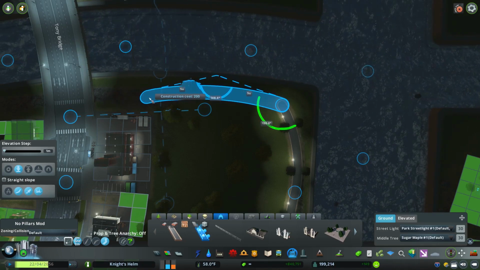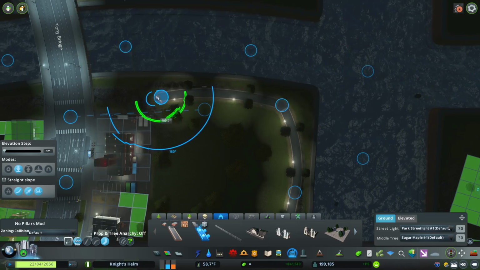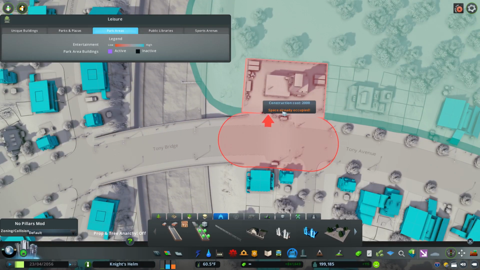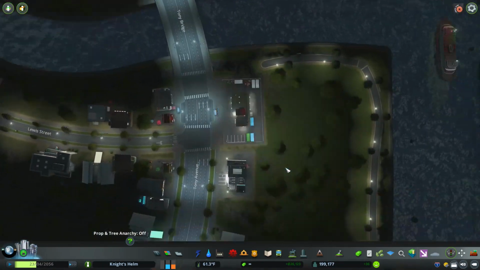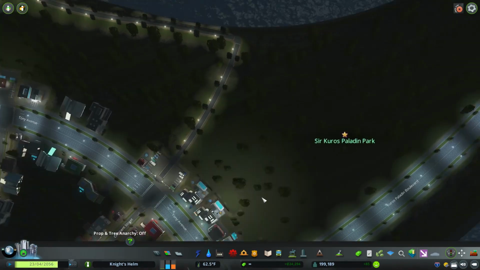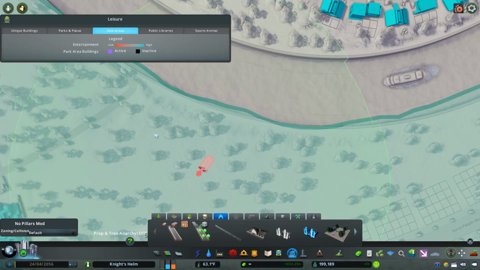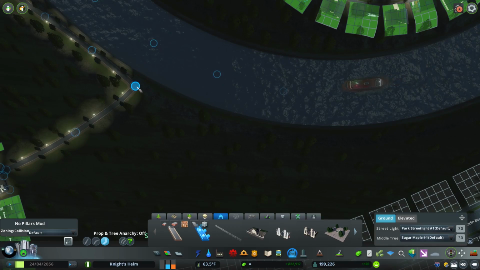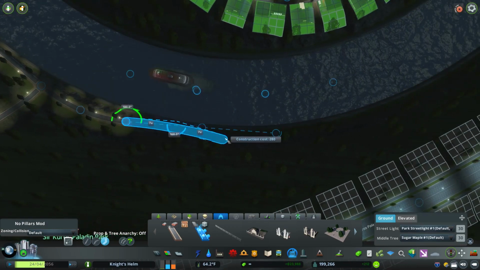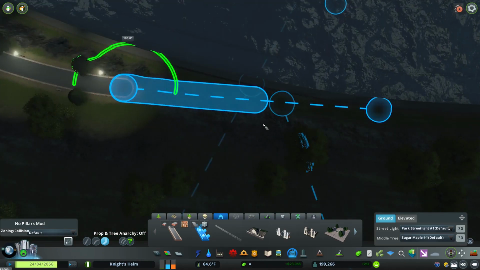And then... Can I do this? I highly doubt it. Nope. Okay, I was hoping I could fit one of those little side park entrances there, but nope. Alright. Come back over here. Let's pick this up again. And I have to remember I have force to be ground. So...